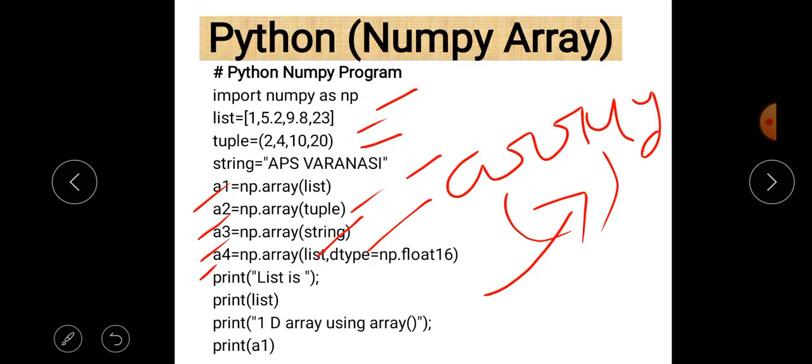Now if you just print the list, just give the print statement regarding the list, so the list will be printed. And if you want to print the array regarding the list, then just write print a1, because a1 is the name of the array which converts the list into an array.